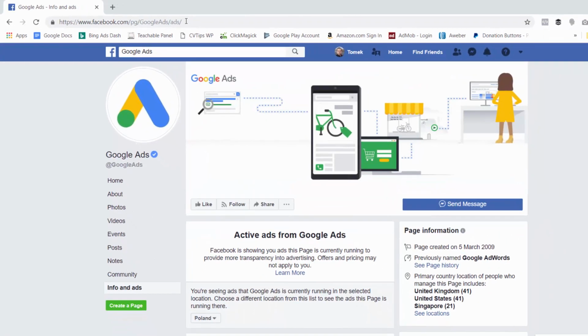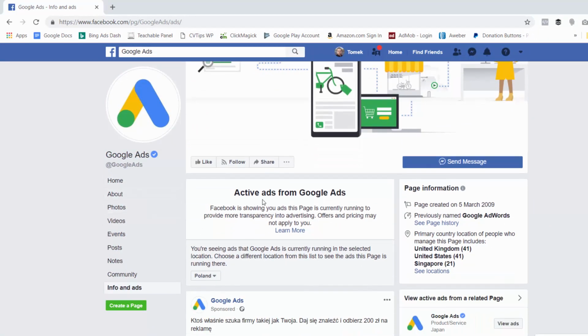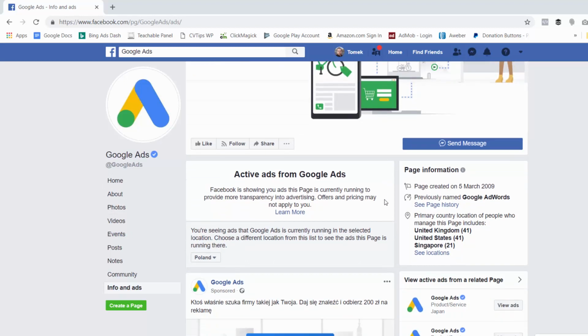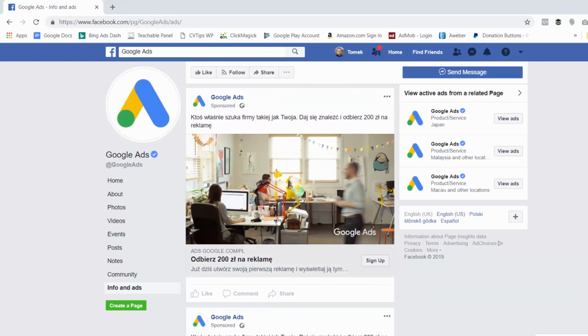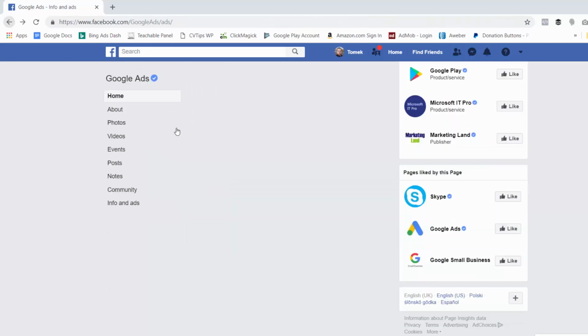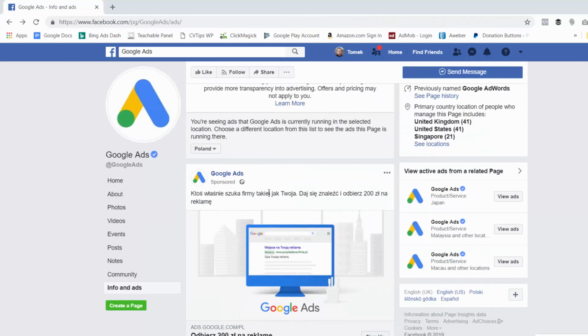And this is a trick, and it's going to reveal to us all the Facebook ad campaigns that Google is running at this moment. As you can see, active ads from Google Ads. And this advertisement here, this is an ad to get a free coupon. All of these ones are. And depending on your location, this will give you location-specific Google Ad coupons. So if we click on the ad,